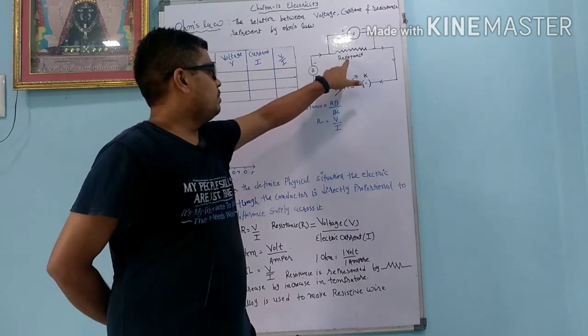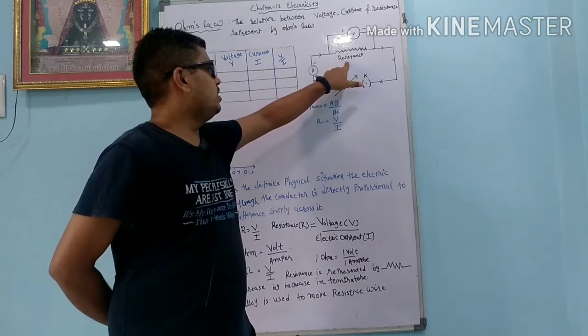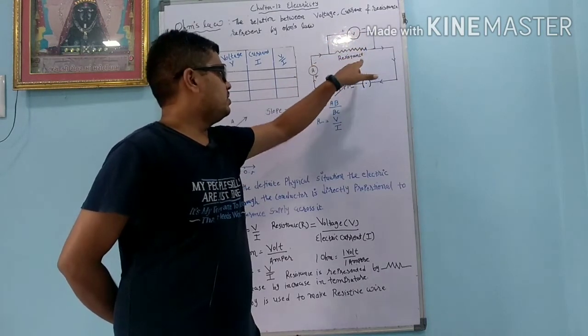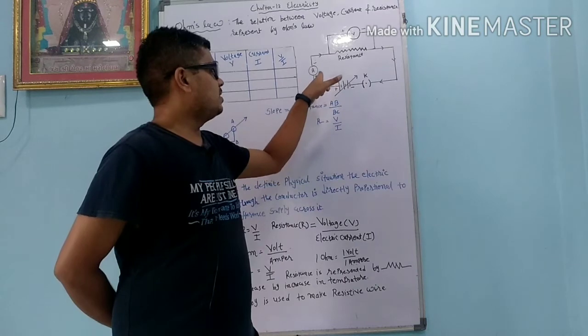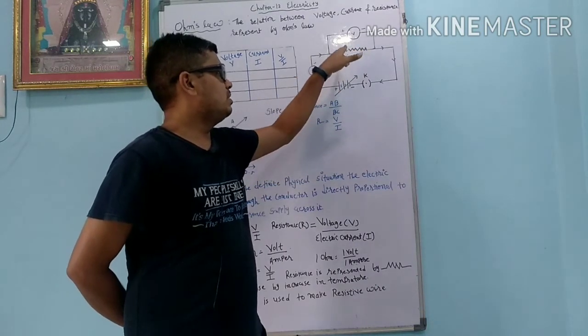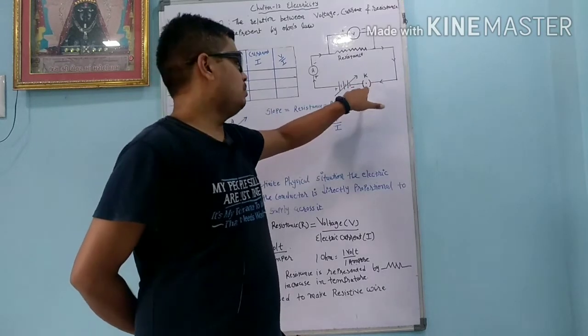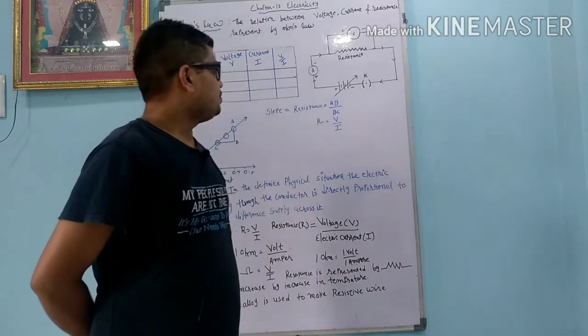Always, dear student, remember that to measure the potential difference, we connect the voltmeter. It is always in the parallel direction. All the appliances are in series connection, but the voltmeter is in parallel connection. And then after that we join the key. Okay, when we put the key on, the circuit is on.